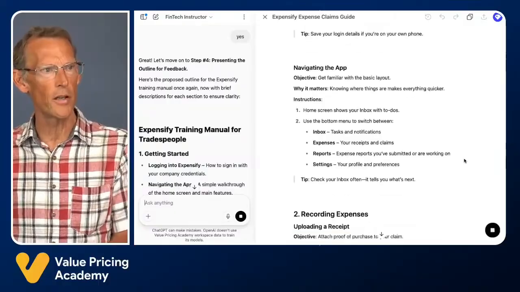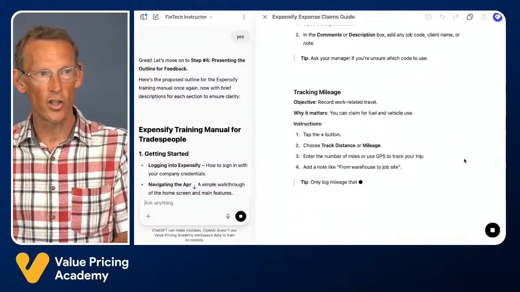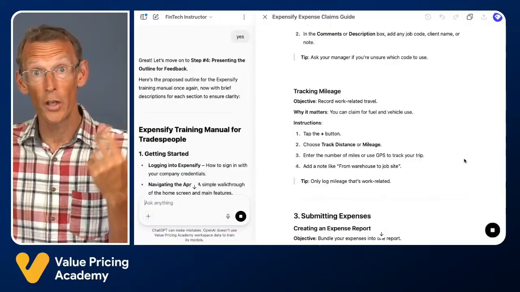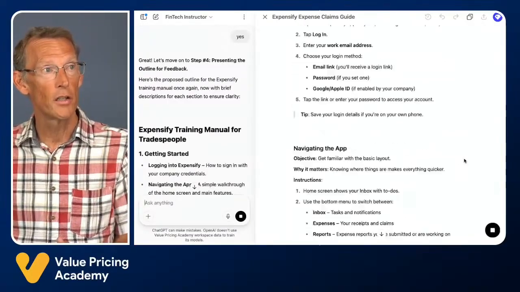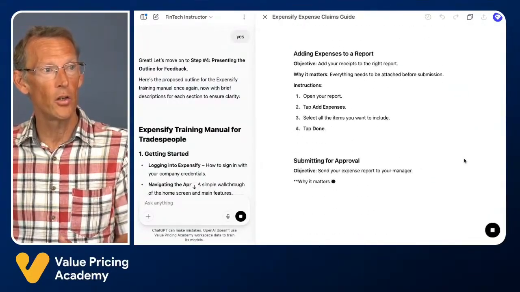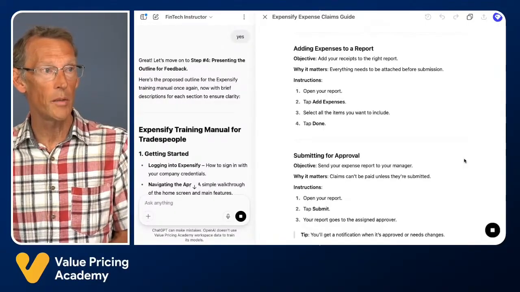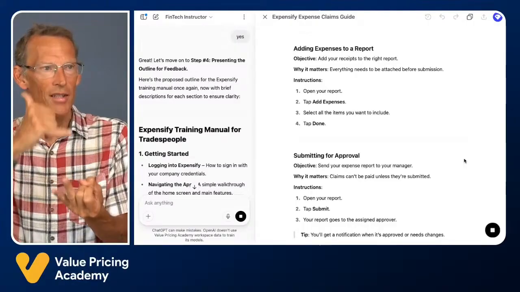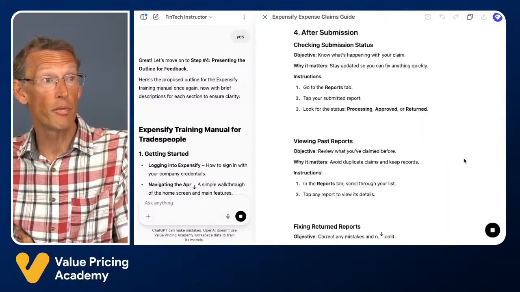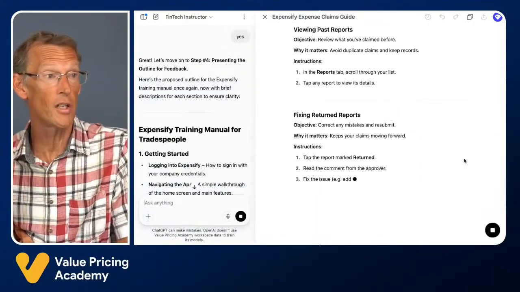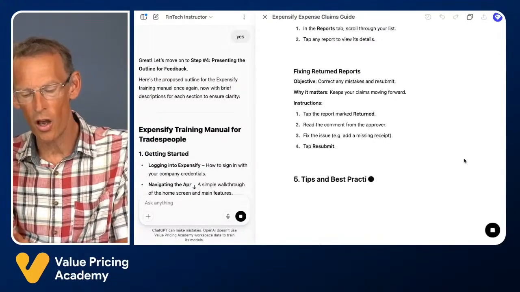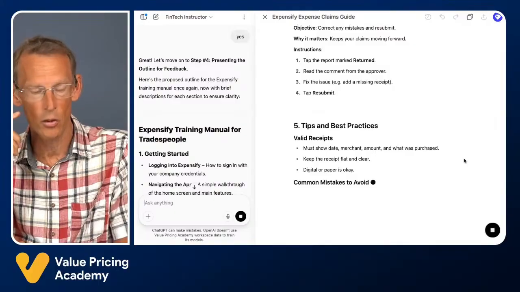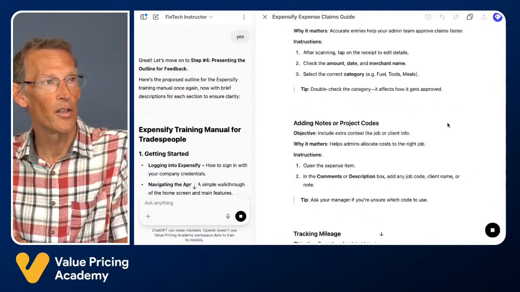And they're going to think you're great because they're going to think that you've spent a few hours drafting this manual for them. No, it didn't. It took you probably, if I wasn't talking, probably 5 minutes to create something like this that you could then tweak, change, use the AI, or it might be perfect straight away. If you've got great instructions in your GPT and examples and templates, 99% of the time, whatever it produces, you don't need to change it. It's perfect because you've trained it in the format that you want. Imagine the time you're going to save creating user guides, manuals for all of that tech stack that your clients use. I think at this point you get the point.